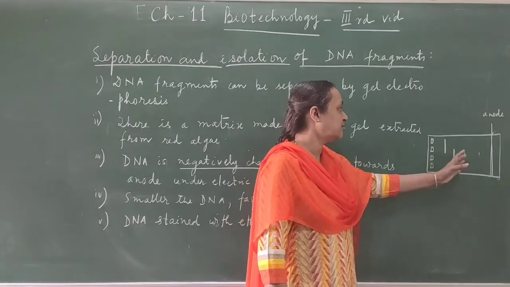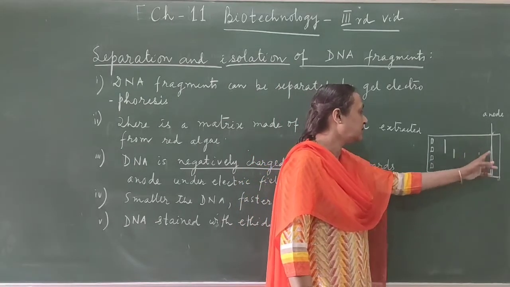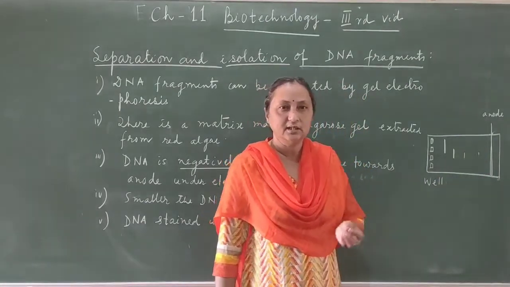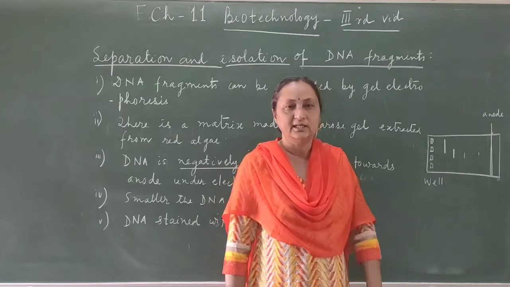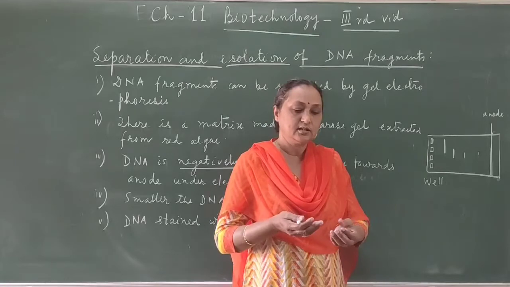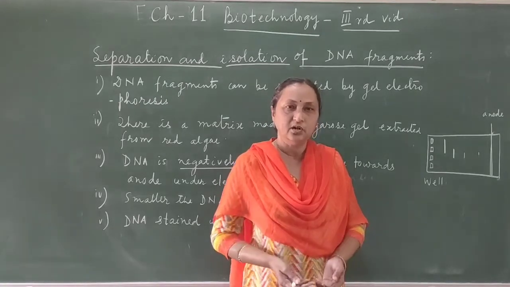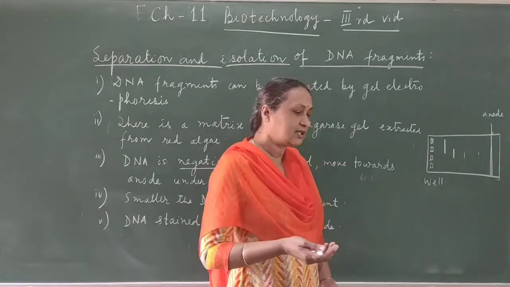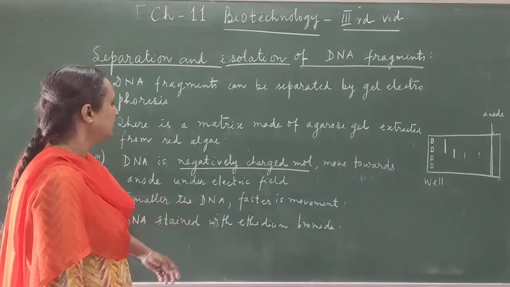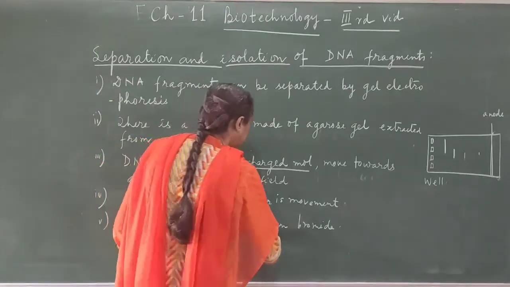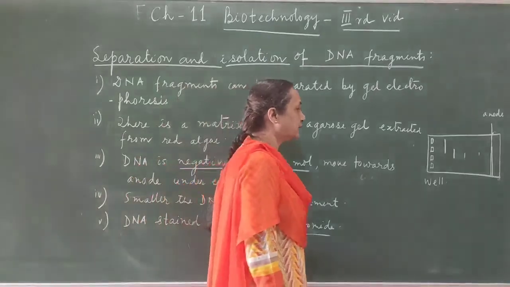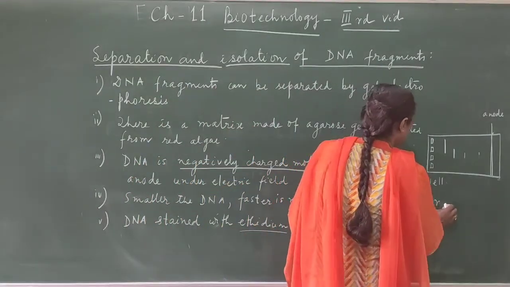Okay. So like this, if there are 4 fragments of the DNA, here on the matrix you see these 4 are separated. But DNA is white in color, and also the medium, the matrix which is made up of agarose, is also white in color. So in the white color background, white DNA will not be visible. So to see the DNA, we are staining the DNA with a chemical compound which is called ethidium bromide. And ethidium bromide can produce orange color.